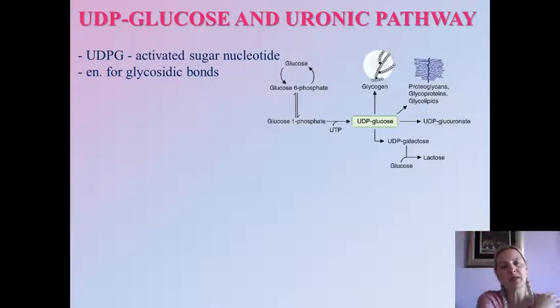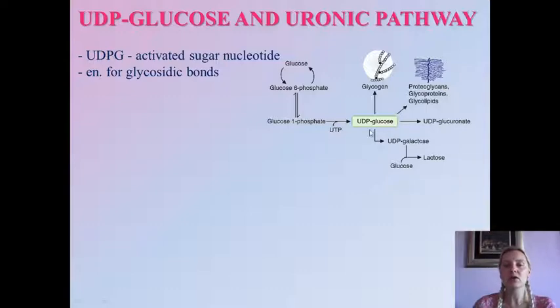Speaking of UDP-glucose, we have mentioned it several times in glycogen metabolism, now in monosaccharides metabolism. So we know that UDP-glucose is synthesized from glucose 1-phosphate, as seen in this figure, in the reaction with UTP. And so far we know that UDP-glucose is involved and necessary for the biosynthesis of glycogen. Also, we know that UDP-glucose is needed for the biosynthesis of lactose.